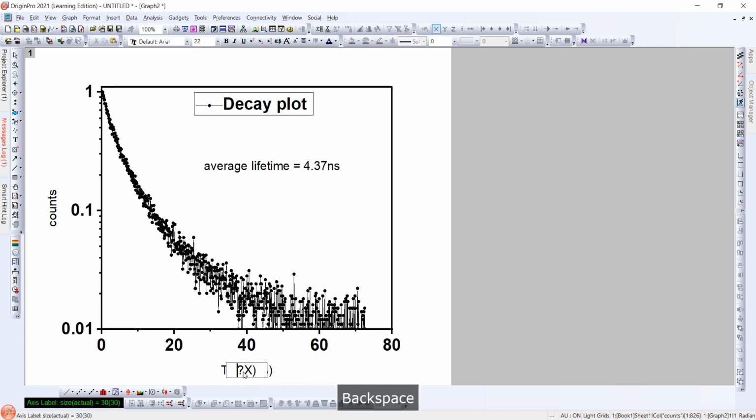On clicking here you can write the values of x-axis. Control plus A, make these two bold and font size 30. This is for the good representation of curve, and the representation of curve or plot is very important to understand. So y-axis represents intensity. Why intensity? Because we already normalized the data, so we can write it as intensity, arbitrary unit of intensity. Make bold and 30.